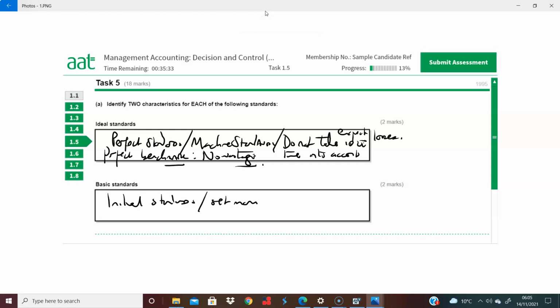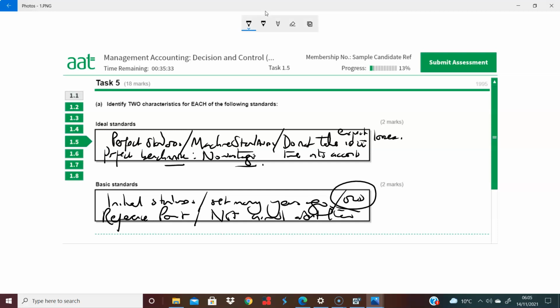set many years ago. The ultimate point about them is to use them as a reference point. There's nothing current about them. So the argument is that they are old, but I don't know if old is a technical term. I think they are initial standards set in the system, but are good as a reference point, so suitable for trend analysis. So set many years ago, not current, and not really relevant. Those are the 2 points.